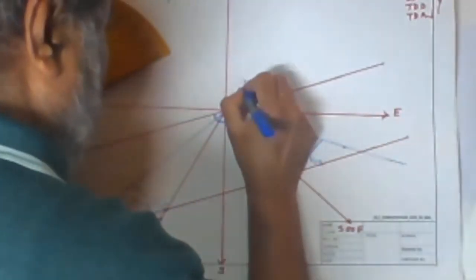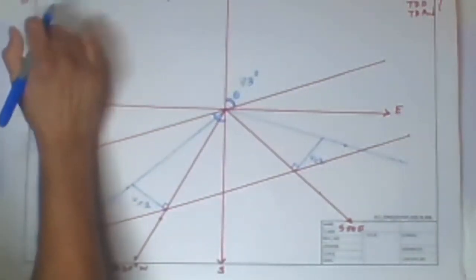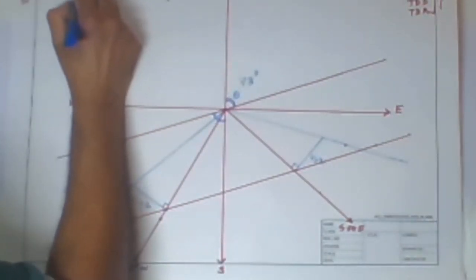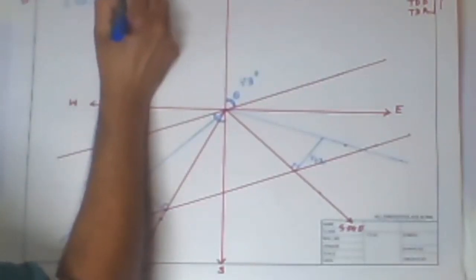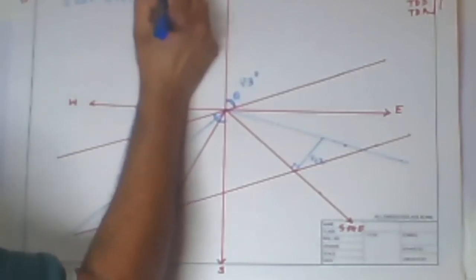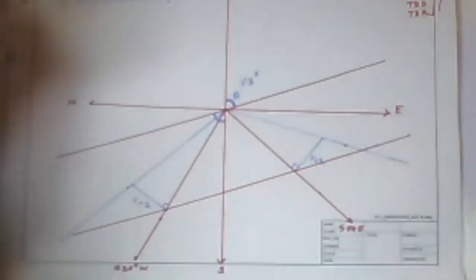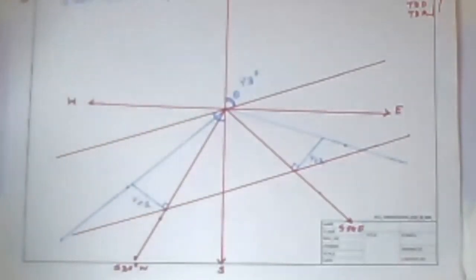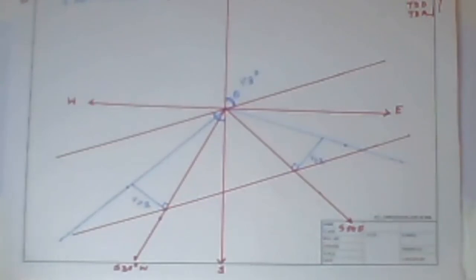10, 20, 30, 40, 50, 60, 70, 72, 73. So we got 73. So the first answer, write on the top wherever the space is: north 73 degree east and south 73 degree west. This is the way we have to write it down. Yes, slightly 1 or 2 degrees variation is there. With the answer, check it yourself.